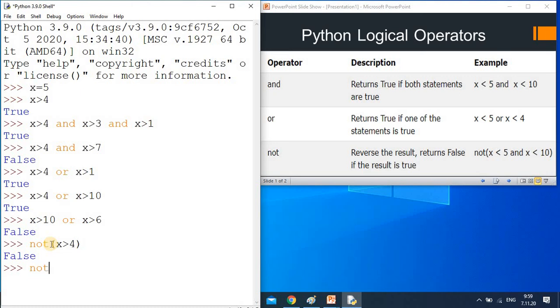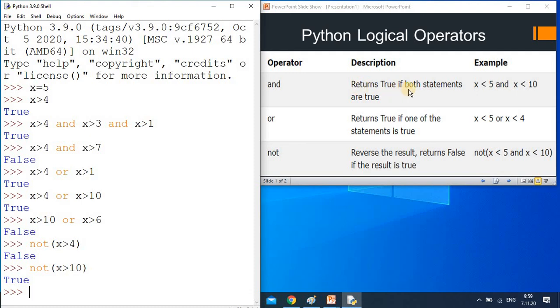The same way you can use it one more time. Here x greater than 10 is false, because 5 is not greater than 10. So what happened, you are getting the true result, because here it is false, so it converts into true. Here it is true, it converts into false. So in not, you don't have any confusion, you can understand easily. The main things are and, or. And under the not, you can even use 2 expressions, 3 expressions with the help of and. Whatever the final answer is, suppose it is true, then it will be false.